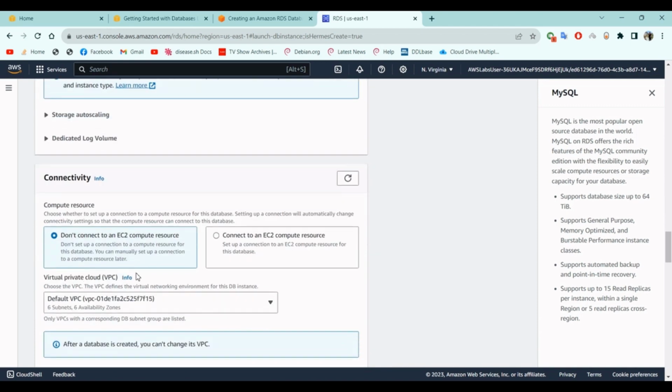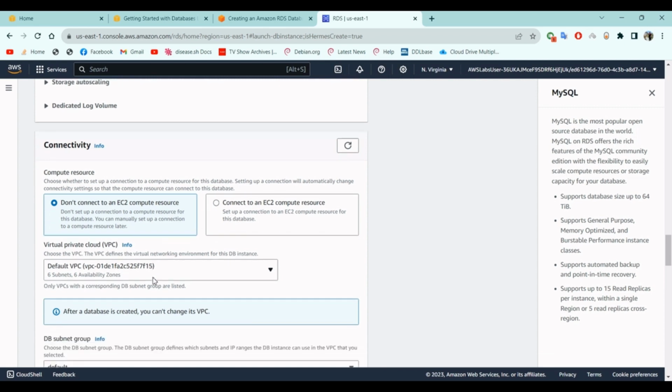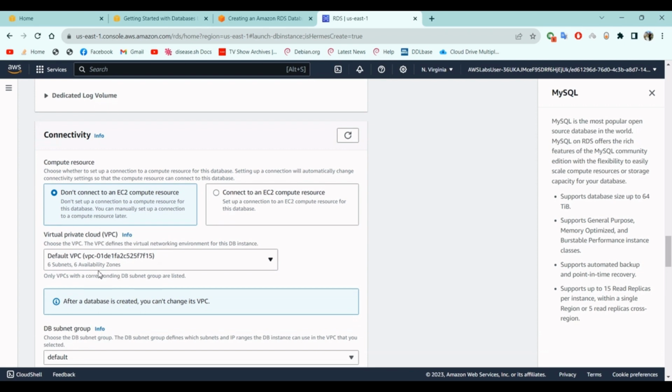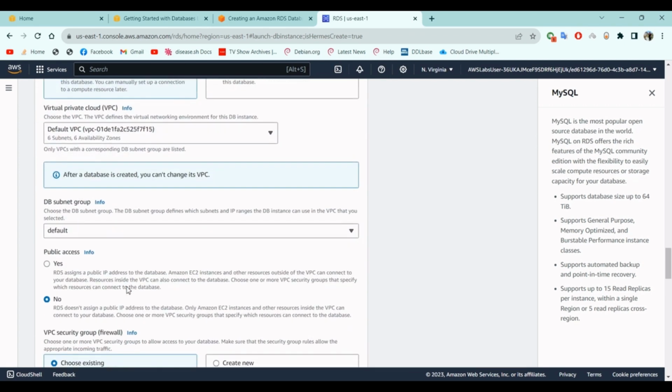Once that is done, under connectivity, we can choose and connect to an EC2 compute instance that is already set up. And we can also create a new VPC, or we can use a default VPC for our